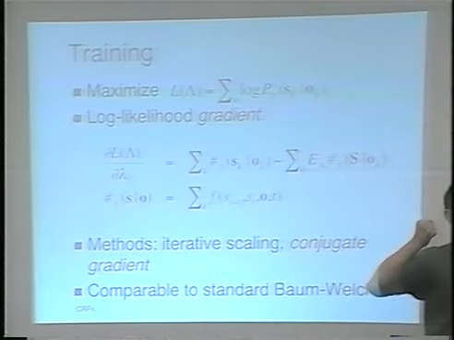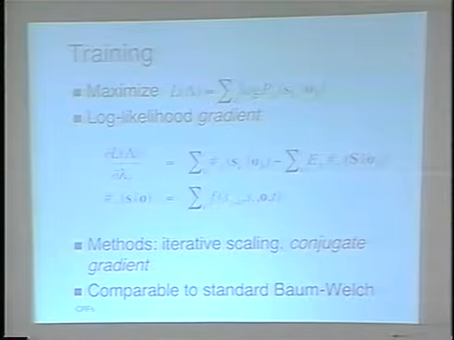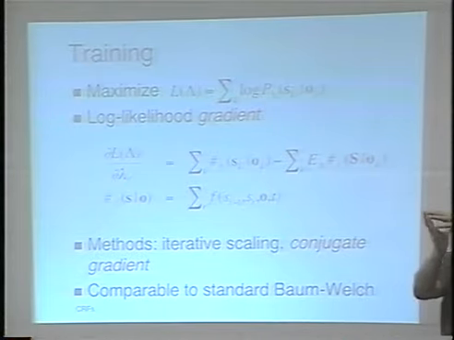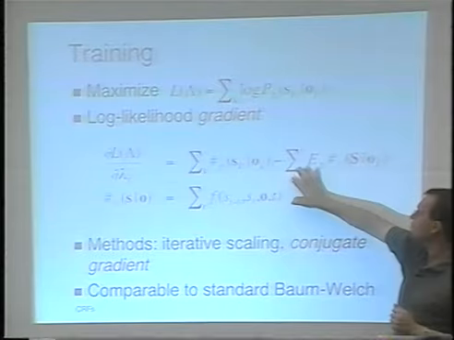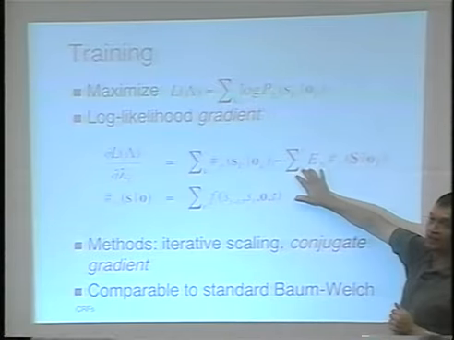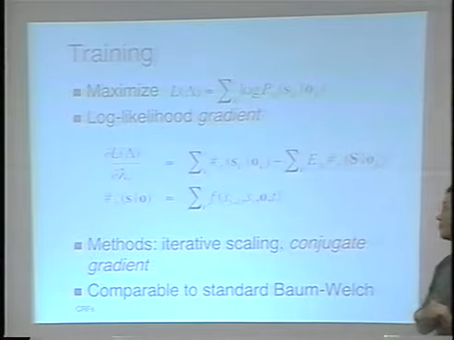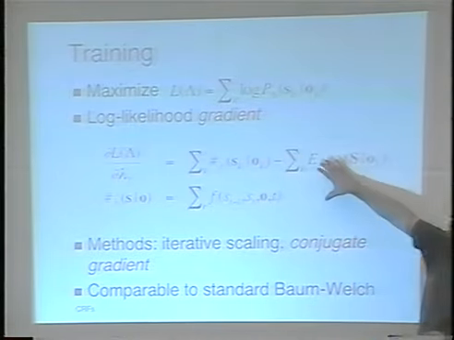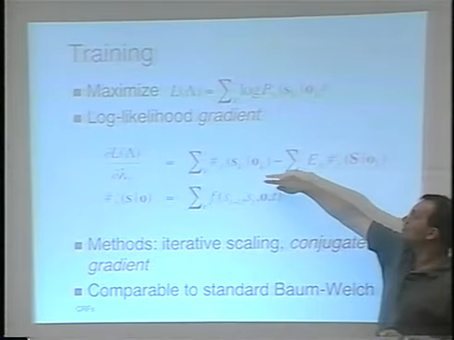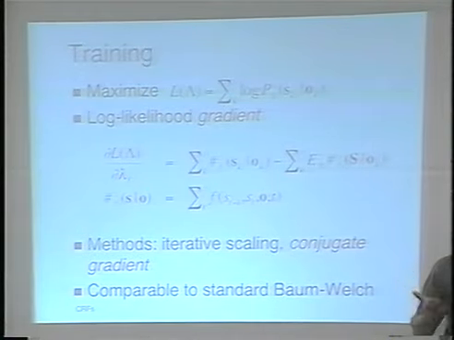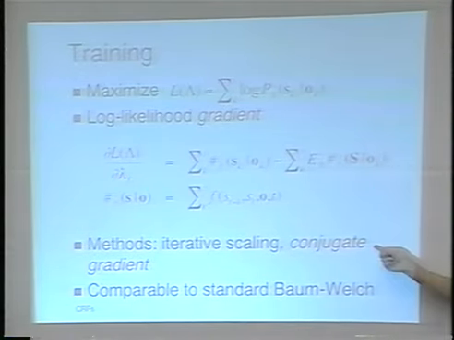So you actually have two forward backward steps. One for computing the pseudo counts compatible with the observations, and one for computing the expectations over any paths, even those not compatible with the observations. So now you have this gradient. Well, how are you going to use it? Now you can use any gradient method.